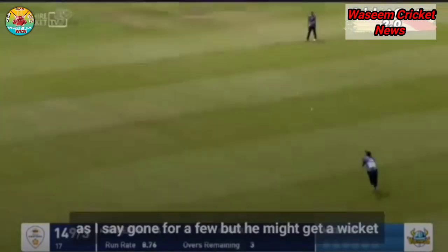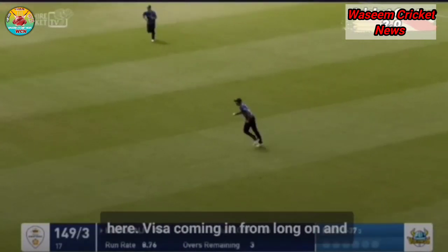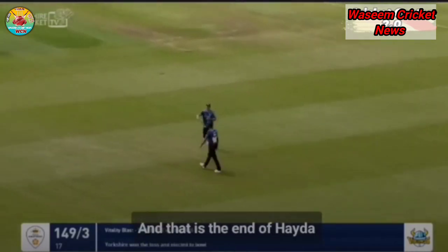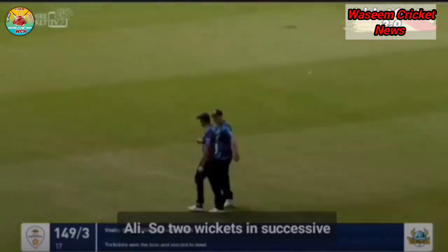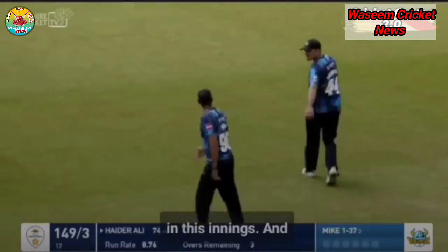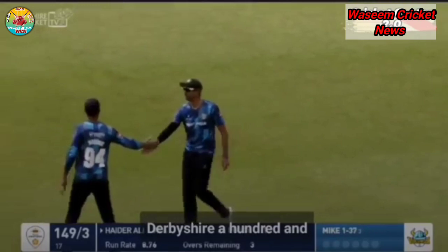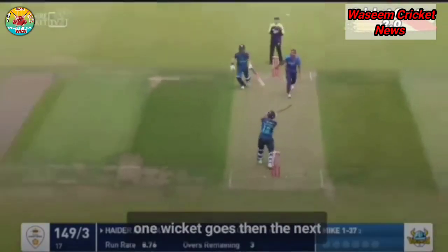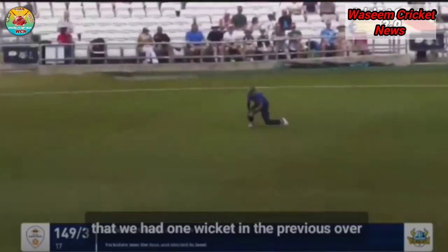Here's Ben Mike, who's, as I say, gone for a few, but he might get a wicket here. Visa coming in from long on, and he has taken the catch. And that is the end of Haider Ali. So 2 wickets in successive overs at a vital stage in this innings. And Derbyshire 100. Add another 2 wickets to the score, because often when 1 wicket goes, then the next wicket goes, and it's really fascinating that we had 1 wicket in the previous